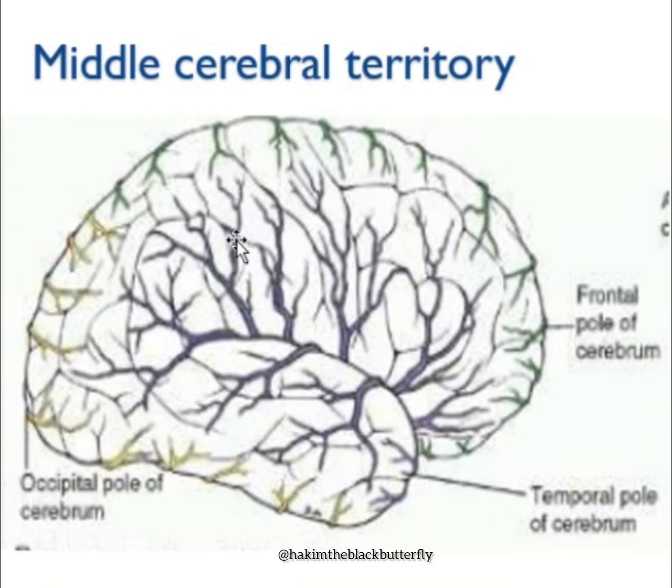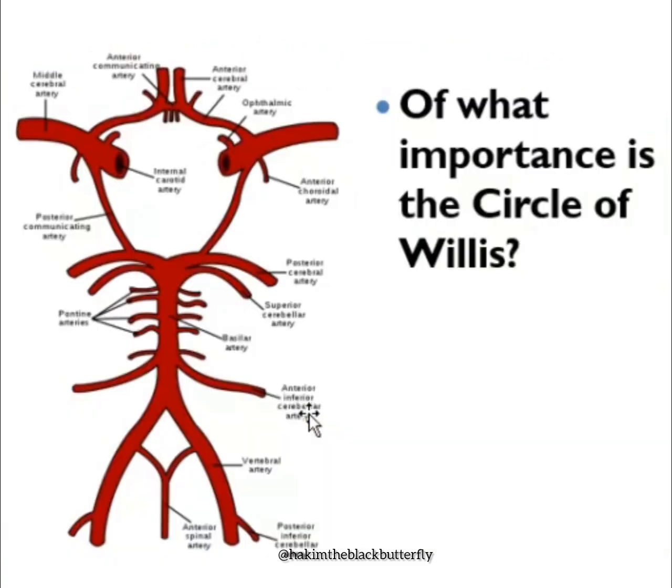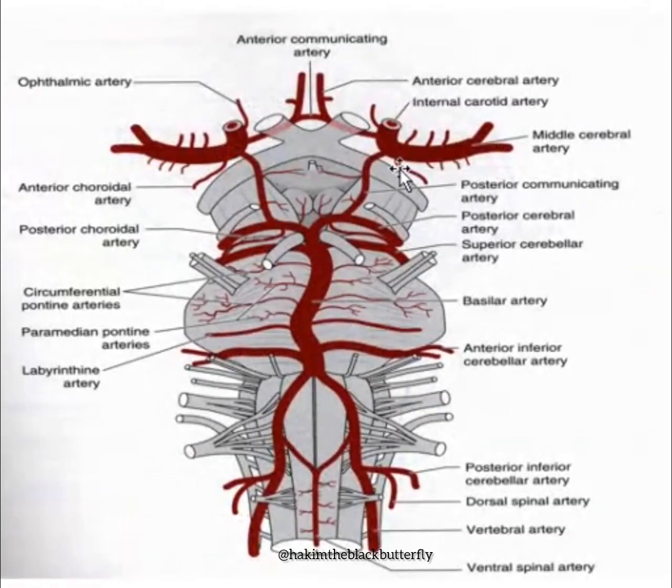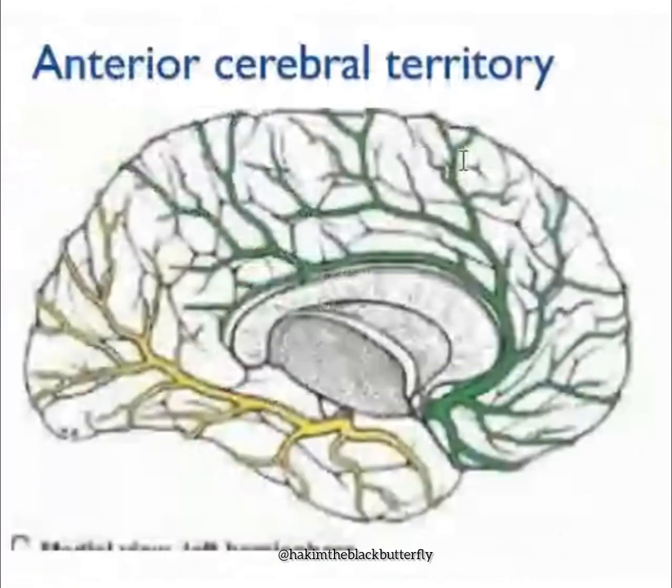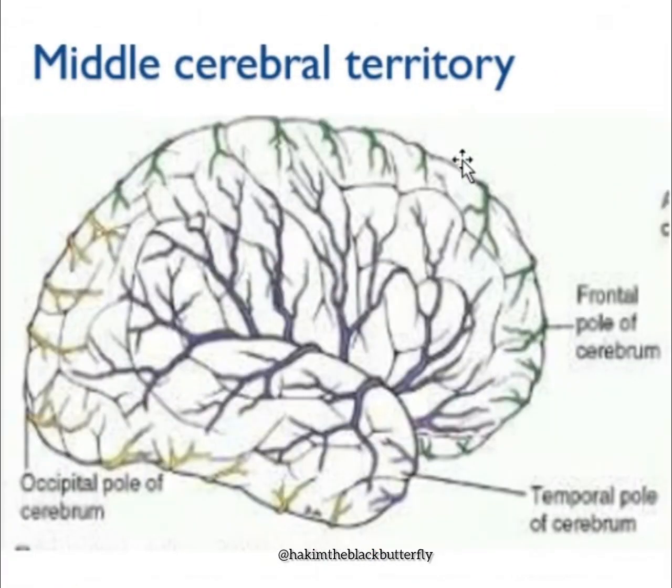The rest of the lateral aspect, which is not supplied by the spillover branches of the anterior cerebral artery and the spillover branches of the posterior cerebral artery, is the one which is supplied by the middle cerebral artery. And the middle cerebral artery, we saw it is this one. So the rest of the lateral aspect of the cerebral hemisphere is the one which is supplied by